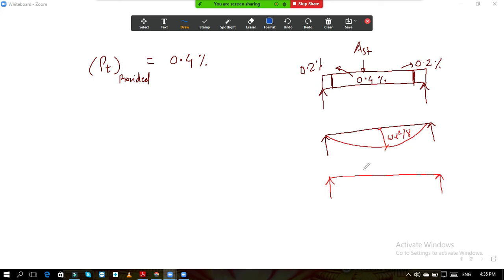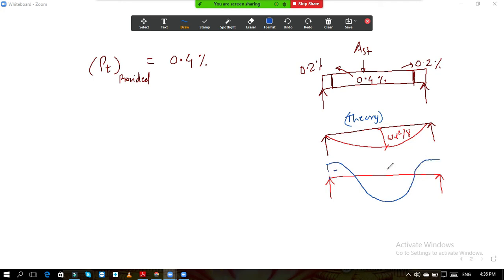If we consider a support, then we think that this support is partially simply supported and partially fixed. So this bending moment diagram which I have drawn is the theoretical bending moment diagram. But practically, when you provide these slabs in the structure, the bending moment diagram is not like this. The actual bending moment diagram is like this. This is the practical bending moment diagram.